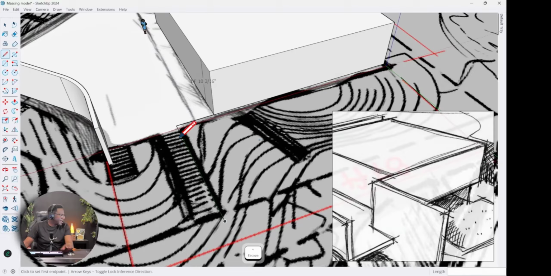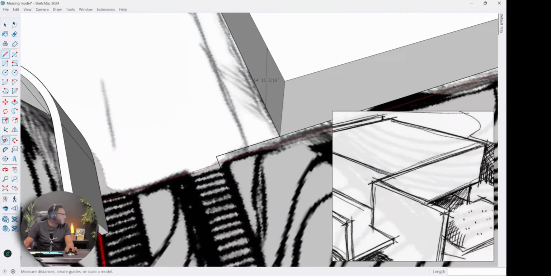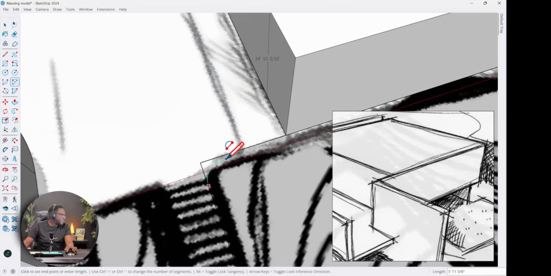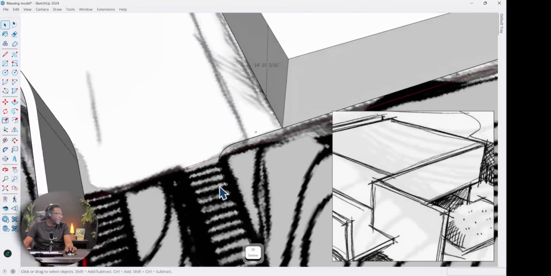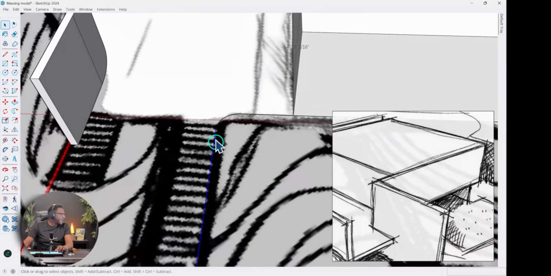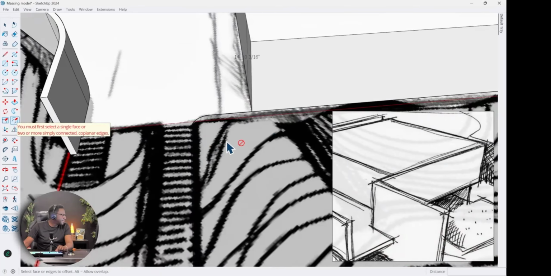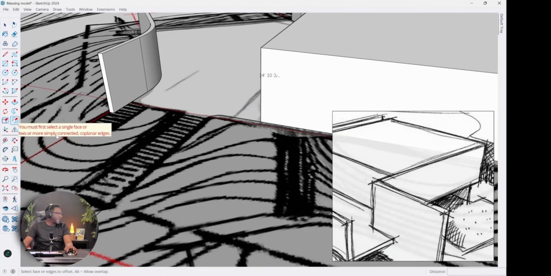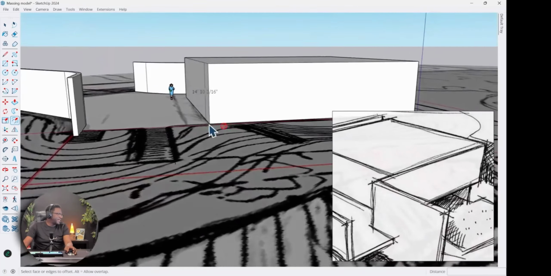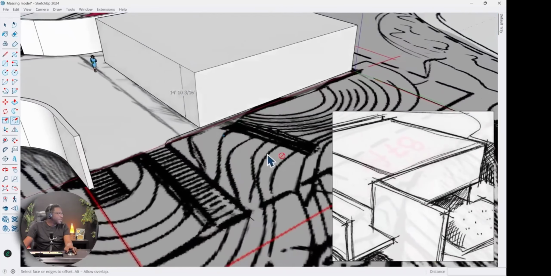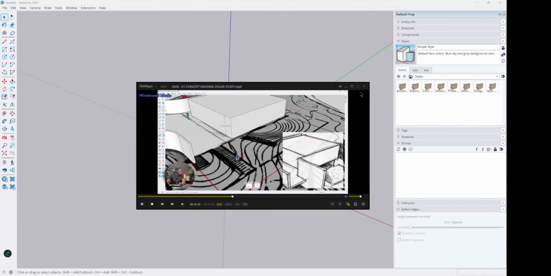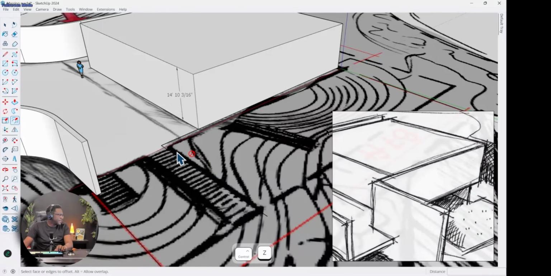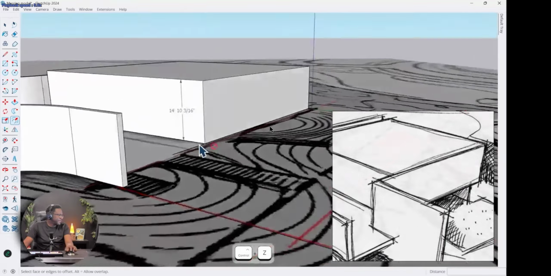And for this one, I want to get a curve here, so I'm going to use this tool here. Wait till it turns to purple. There you go. Delete those edges. And then I'm going to offset this using my offset tool. Oops. Actually, this error that you get here that says the lines must be coplanar, what that means is that this line is actually not flat. So we need to fix that.